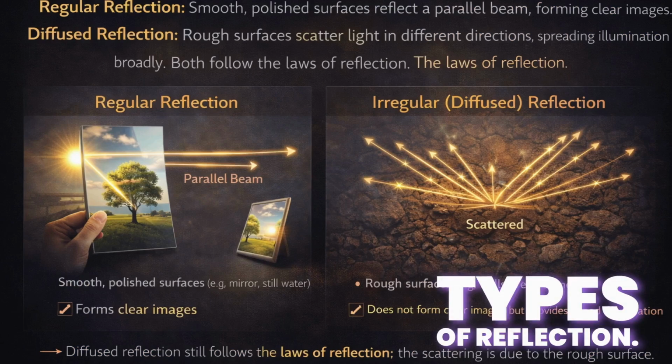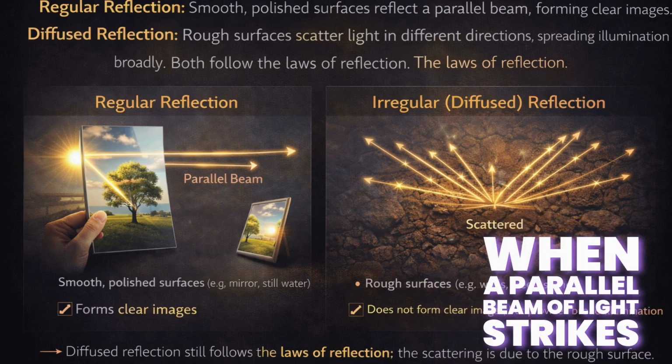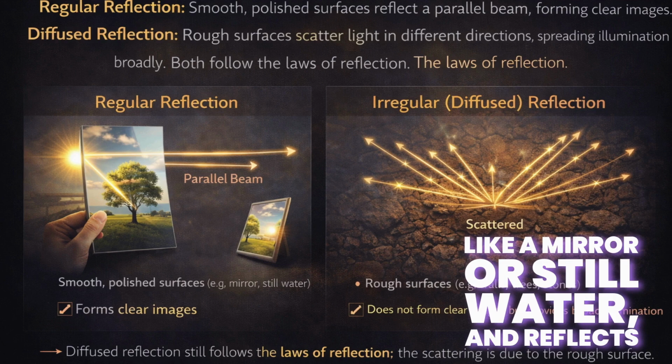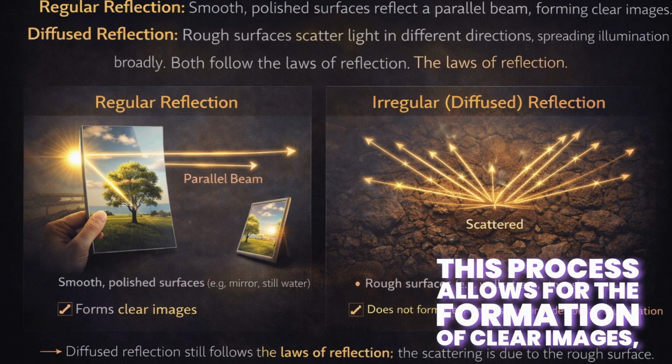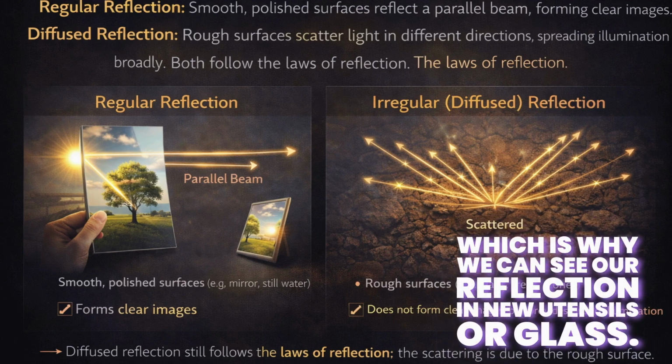Types of reflection. Regular reflection occurs when a parallel beam of light strikes a smooth, polished surface, like a mirror or still water, and reflects as a parallel beam. This process allows for the formation of clear images,